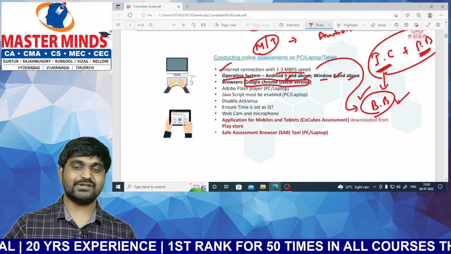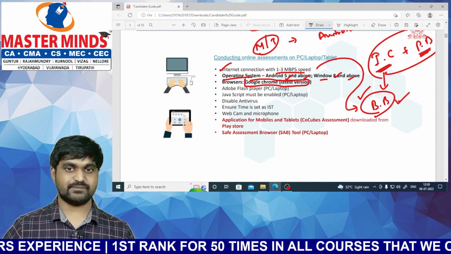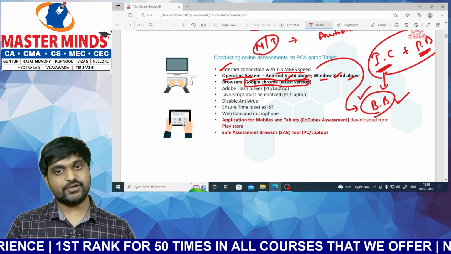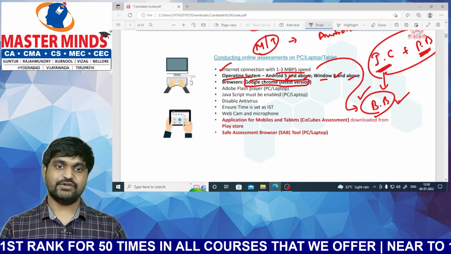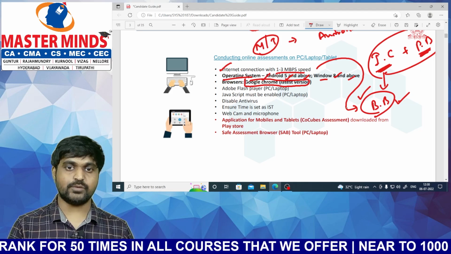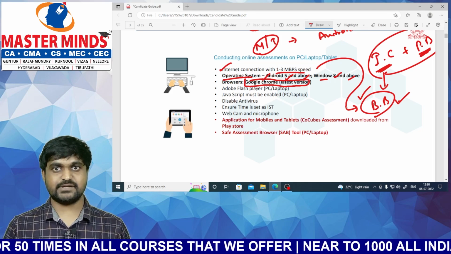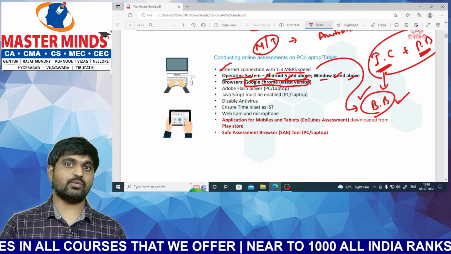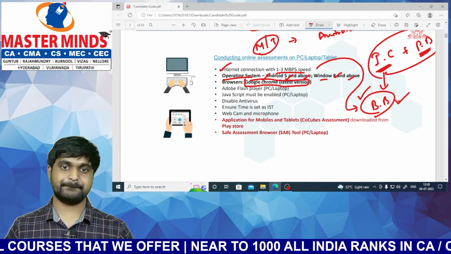Sir, I am using a laptop or desktop, sir, still you need to update Google Chrome to the latest version. Sir, I am using a mobile phone or tab, then also you need to update the Google Chrome which is there in the Play Store. So update your Google Chrome browser to the latest version, because all the applications that are used for online exams are based on Google Chrome only. That's why you need to update Google Chrome to the latest version.